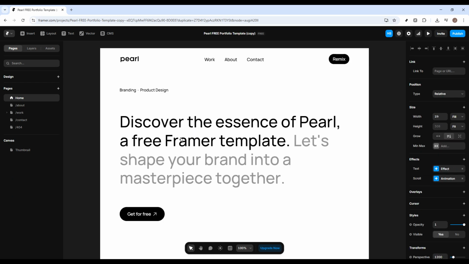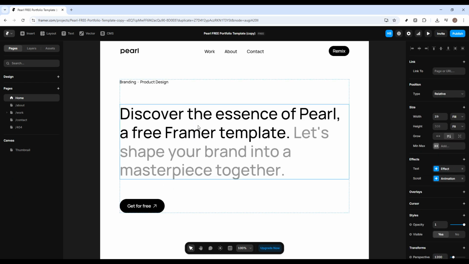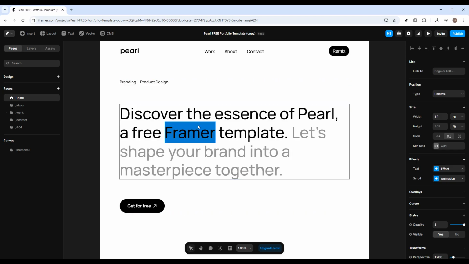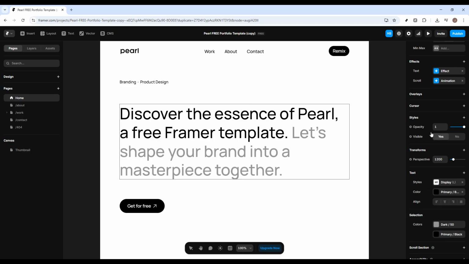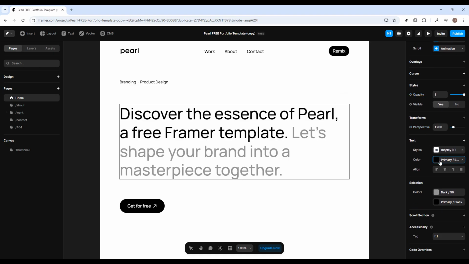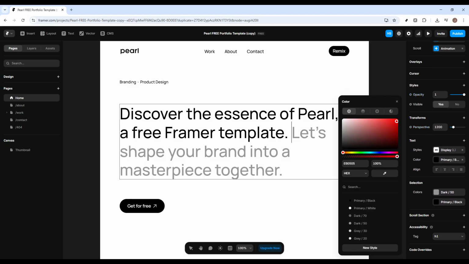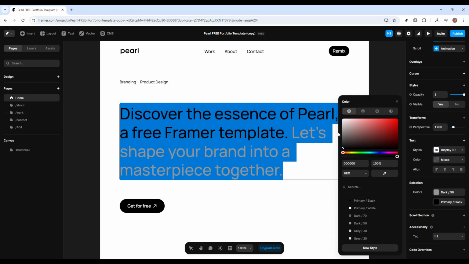After you've added an element, click on it to edit it. For example, if you add text, you can click directly into it and type your own content, then use the right panel to change the size, color, font style, and spacing. If you add an image or button, you can also select it and customize it from the same panel. One of the best things about Framer is that it makes editing feel visual and straightforward, so you're not constantly